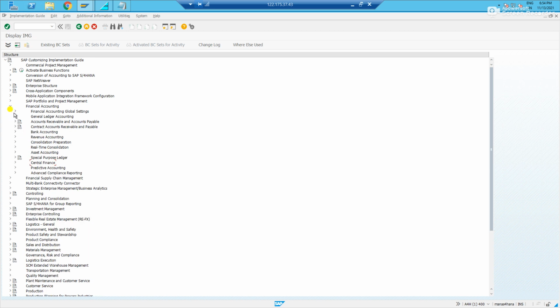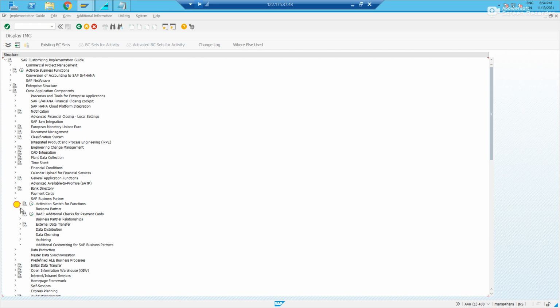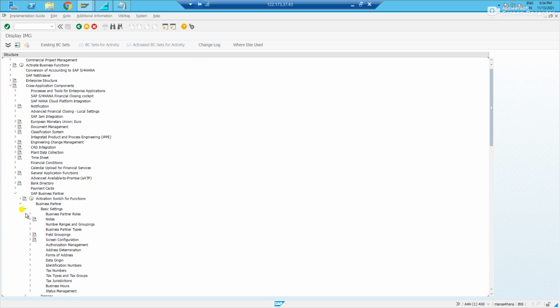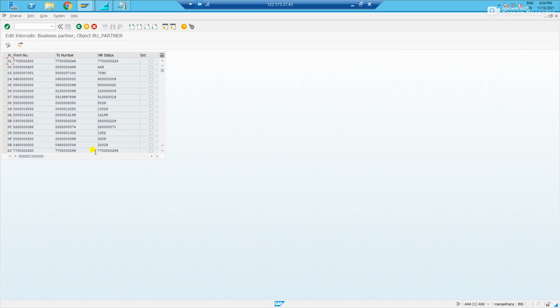Here we need to create a number range for the business partner and the business partner group. Let us go to cross-application components. Here you see SAP Business Partner, basic settings, number range and grouping. Here you select define number ranges. Let us see what the number ranges are.